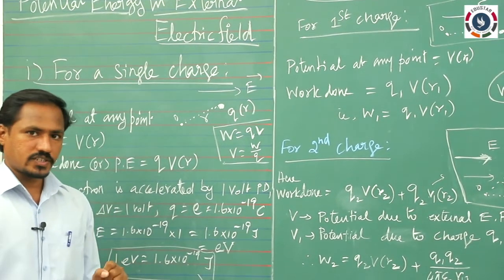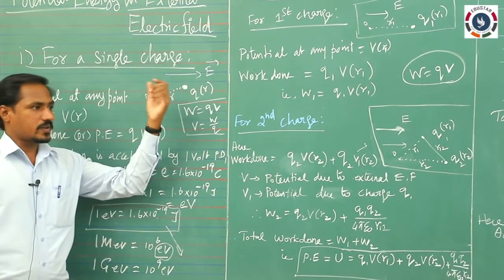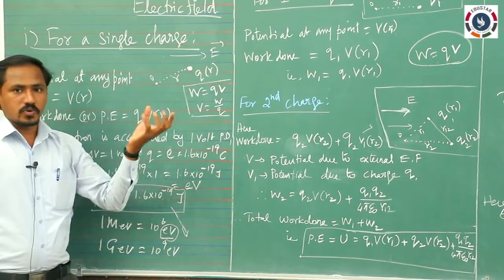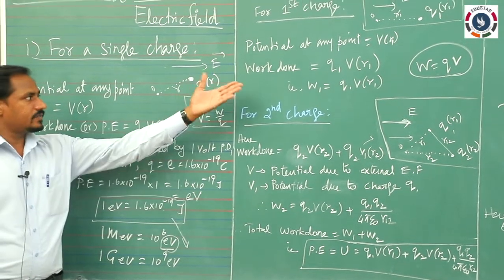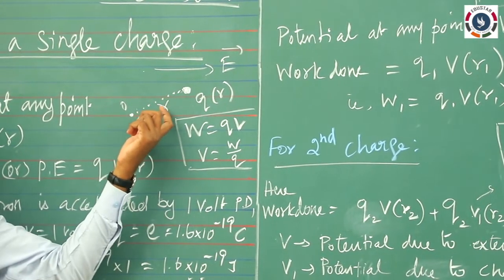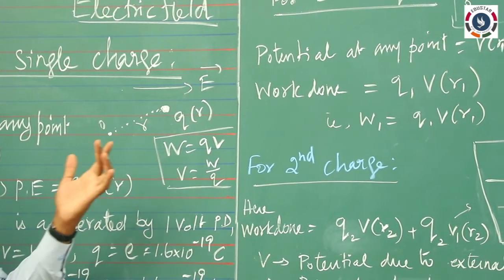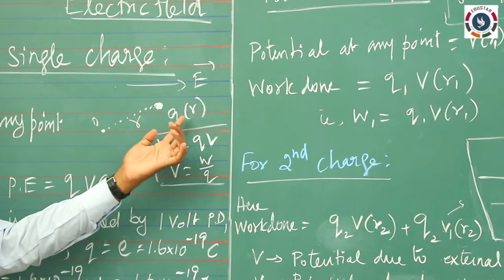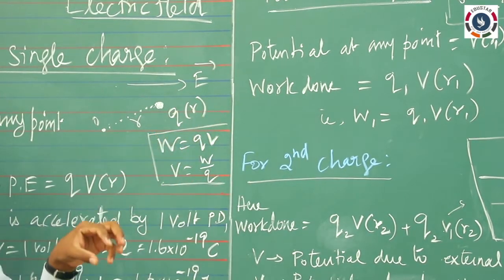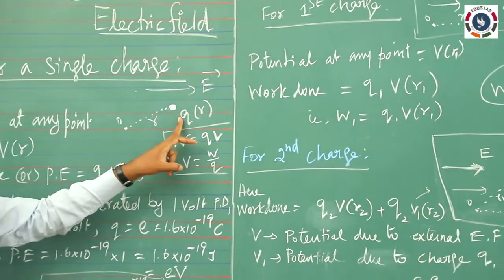We know the definition of potential energy of a particle. It is simply the work done in bringing the charge from infinity to a particular point in the externally applied electric field, whose position is r, at distance r from the origin. Using that we can calculate the potential energy of the given particle. Here the particle is q whose position is r. In order to bring the charge from infinity to this point r, we have to do some work against the external electric field. That work is called the potential energy of the particle at this point.